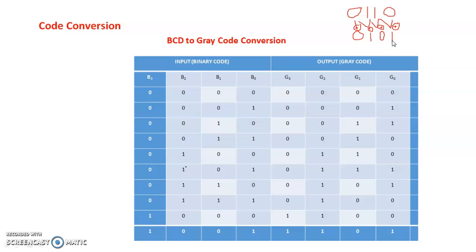So what is the logic of the XOR truth table? For an odd number of 1 inputs, you will get the output 1. For an even number of 1 inputs, you will get the output 0. So we'll apply the logic of the XOR truth table in conversion of BCD or binary to gray. So we have formed this truth table. Then after that we'll go for the binary to gray code conversion. Binary to gray code conversion is also the same. We write the MSB bit as it is, and after that we'll take the XORing of the adjacent bits till you get the last LSB bit.